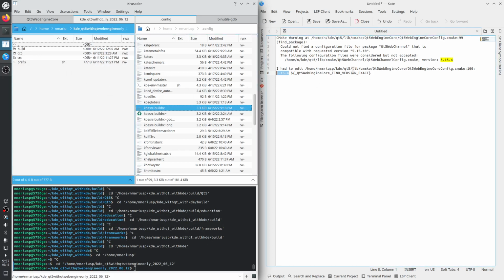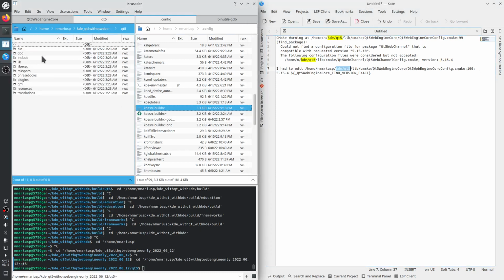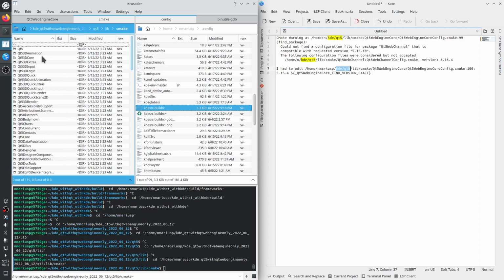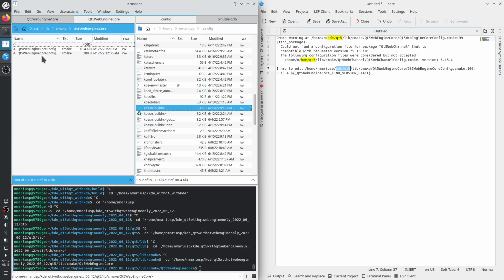So it's inside of the directory where make install has written files. So Qt5, lib, cmake, Qt5 WebEngineCore, and there's just two files with the extension cmake in here, and the first one is Qt5WebEngineCoreConfig.cmake, F4 on it,